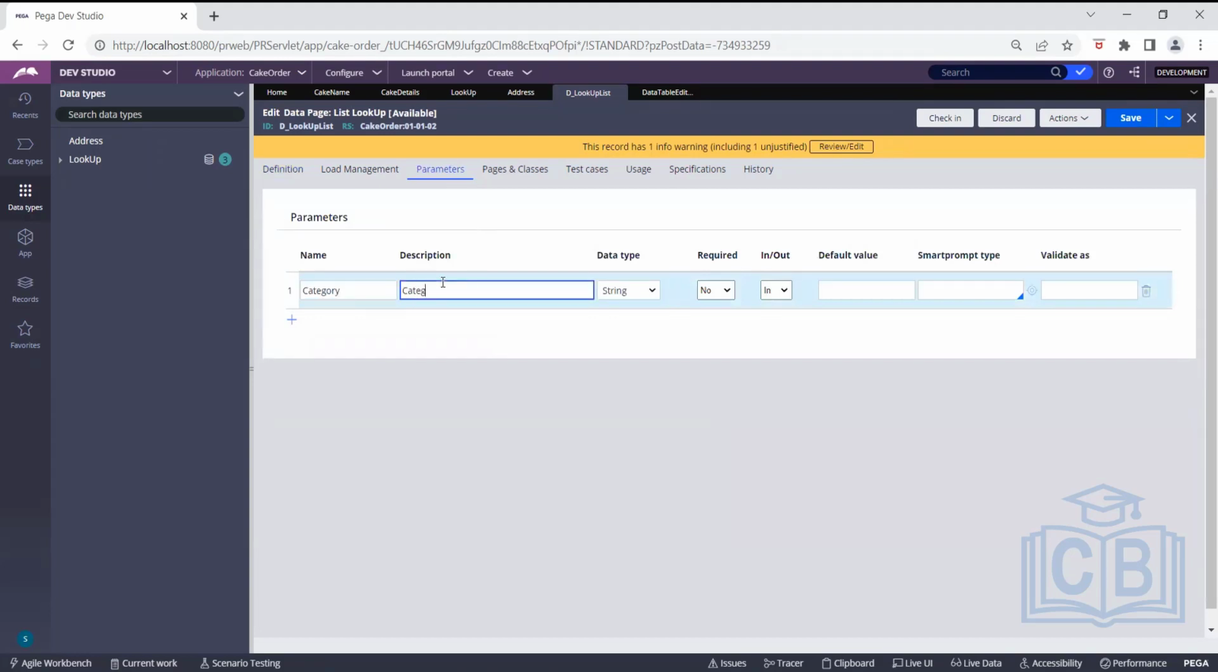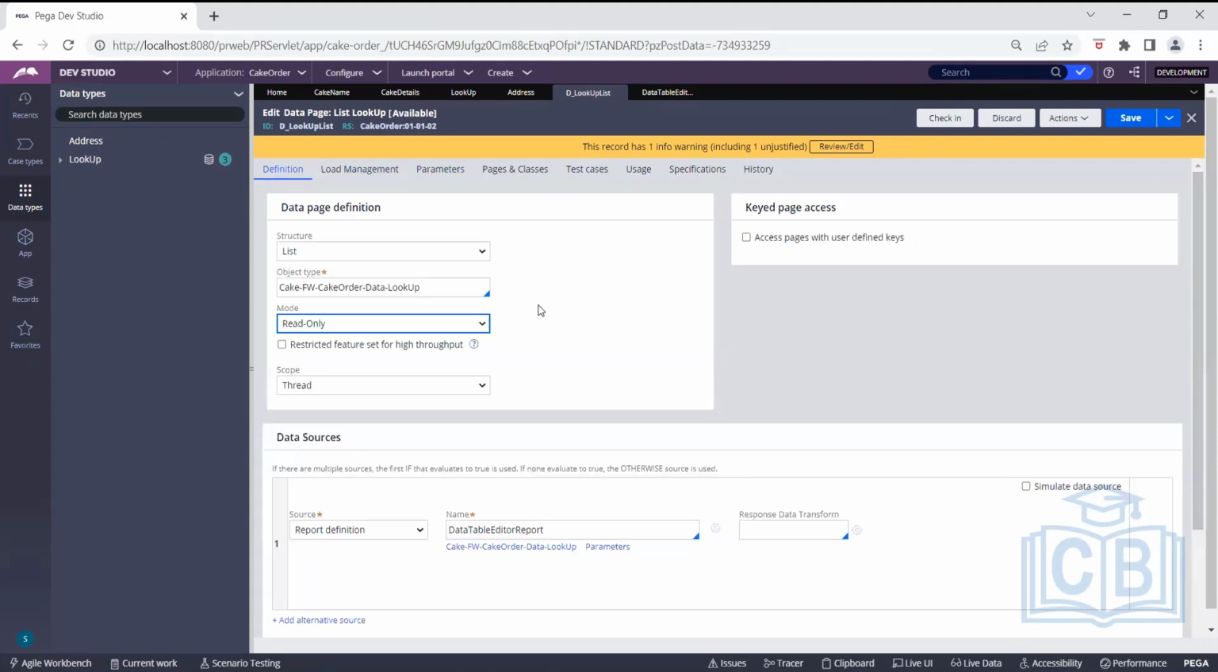Description is also category. Data type is string. Okay, that is good. String. Okay. Go to definition. First, you click on parameters. In the source, you have parameters, right? No. In the source,